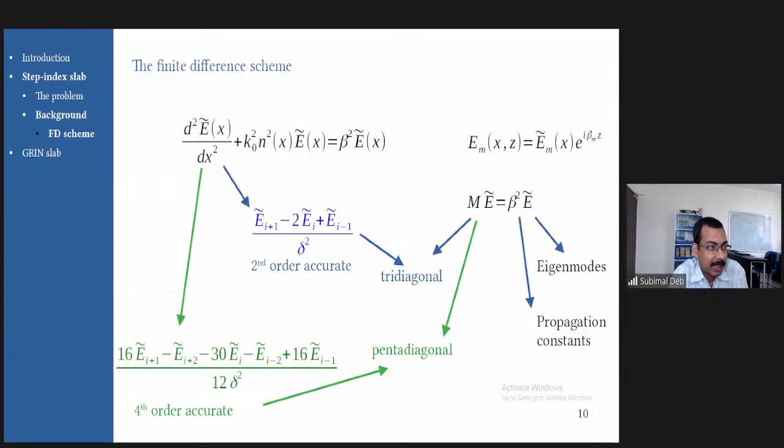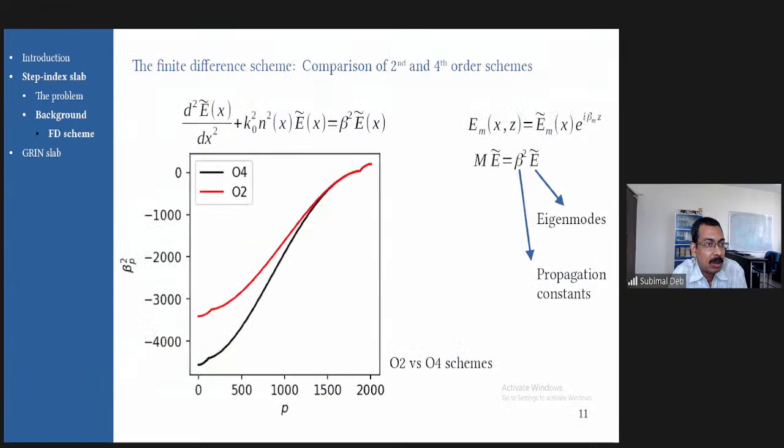Now, having described the finite difference scheme, let us look at the two schemes that we have described for finite difference, the second and fourth order schemes. Now, if you compute the eigenvalues using the second order approximation and the fourth order approximation, the eigenvalues for the waveguide that we have considered do match for the higher values of beta, but there is a disagreement in the